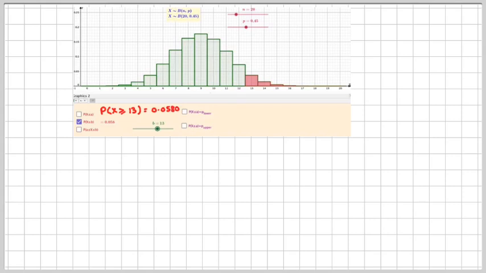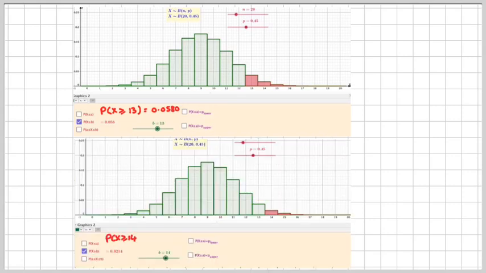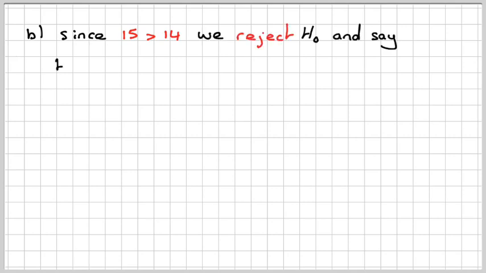Okay, this is on the app. If you don't have a calculator, so here is greater than or equal to 13, and here is greater than or equal to 14. Okay, here you can actually see the critical region. So the critical region is obviously going to be greater than or equal to 14, and not this one because this is too much. So, since 15 is greater than 14, this is the conclusion, we reject H0 and say